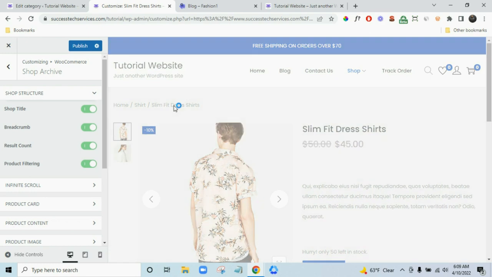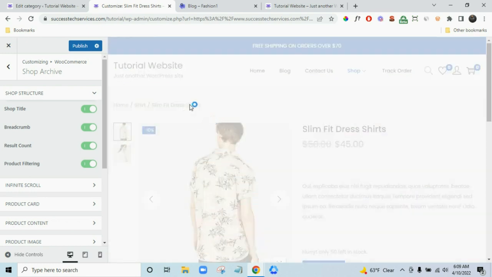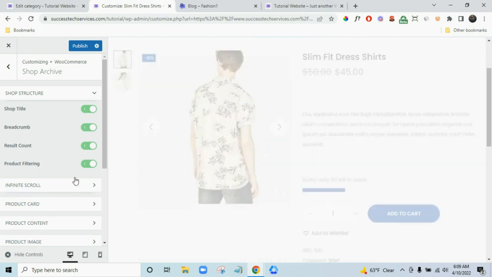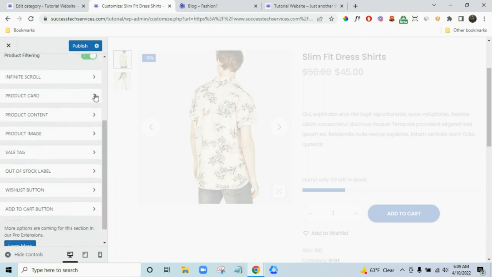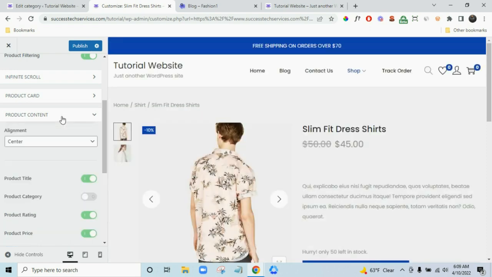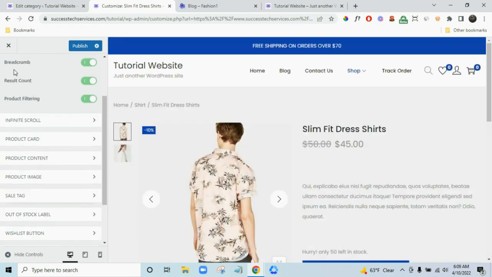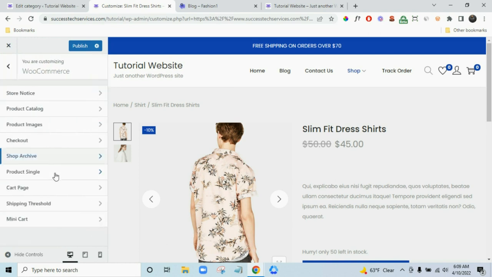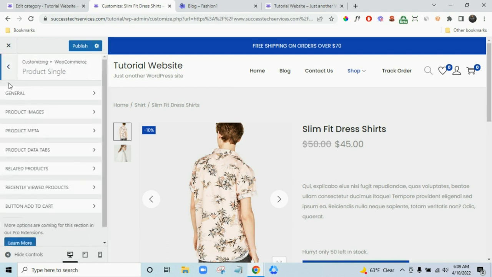I'm trying to remember. I'm not sure I'm on the right page, but a breadcrumb is good for SEO, search engine optimization. It's used to define what specific product and what subcategory it is connected to. I don't know if I'm using the right term. So let's say product content. All this is good. What I'm trying to do is product single,